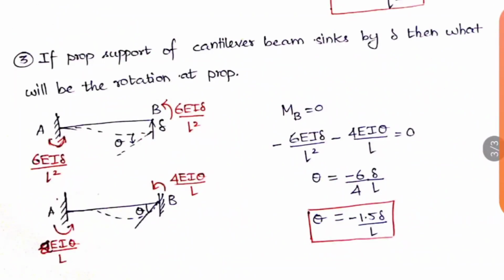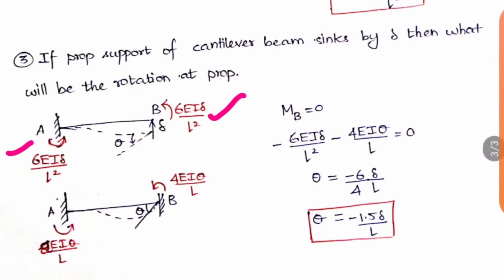And the third question is, if a propped support of a cantilever beam sinks by delta, then what will be the reaction at the prop? Okay, so here in terms of deflection they have asked, and they asked to find the rotation. So we need both the values. We need deflection and also the rotation, because they have mentioned that it is deflecting like that. So as I told you before, the deflection value should be taken as 6 EI delta by L square. So this will be the same on both sides, whereas in the rotation we will be taking half the value. So here it is 6 EI delta by L square, and here also it is 6 EI delta by L square. So here it is the cantilever beam with the propped end, the same thing.